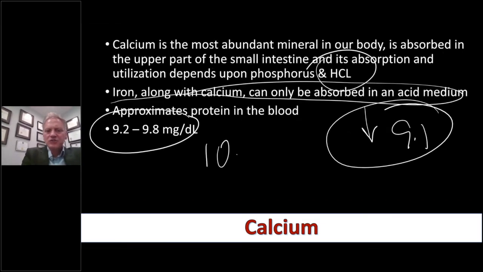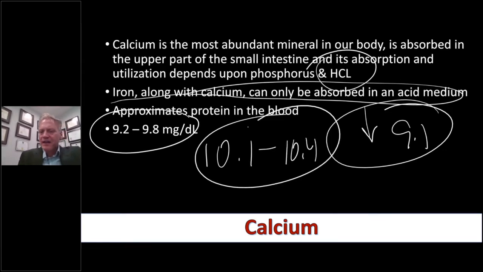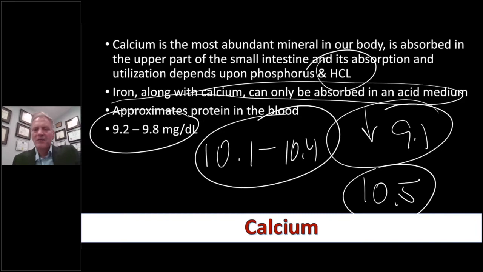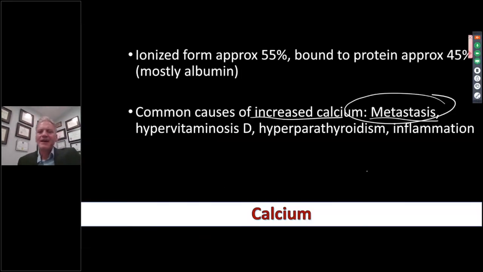The clinical range is usually about 10.1, 10.4, depending on your lab, somewhere in there. If you have calcium that comes in at 10.5, this is probably not metastasis. If it's a little bit elevated, probably not metastasis. When we see metastasis, we'll see the calcium get north of 11, 11.5, even up to 12. So another reason for it can be